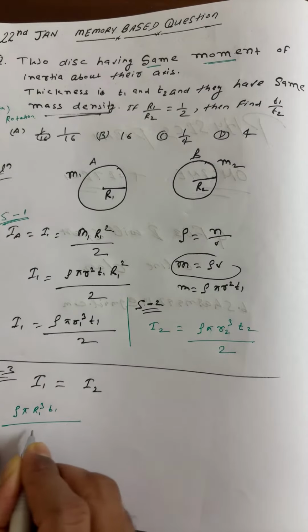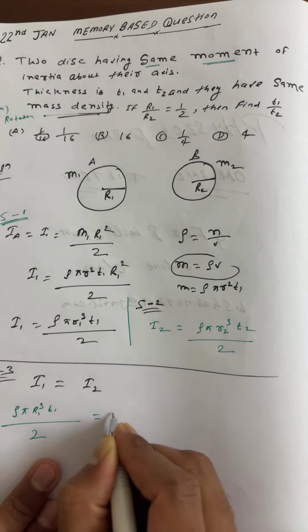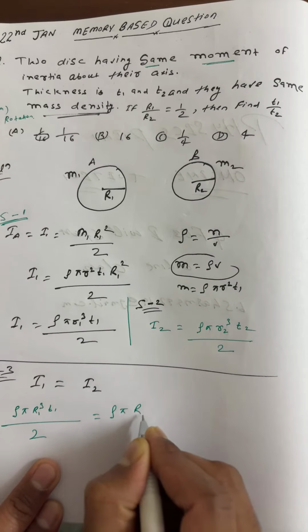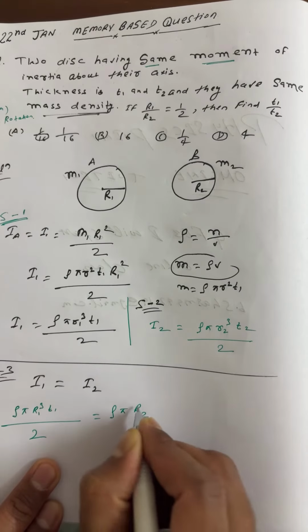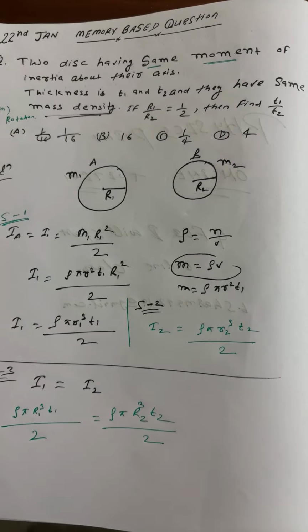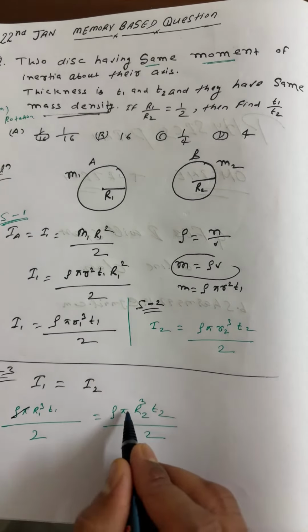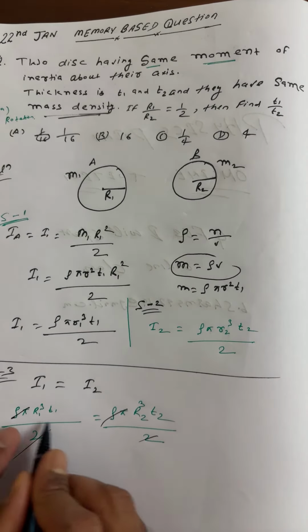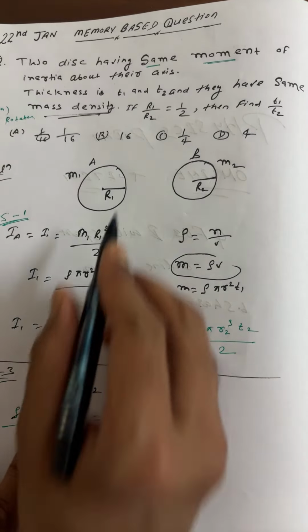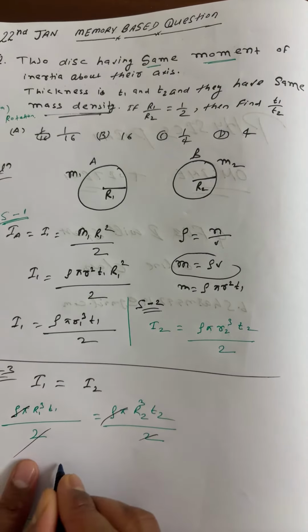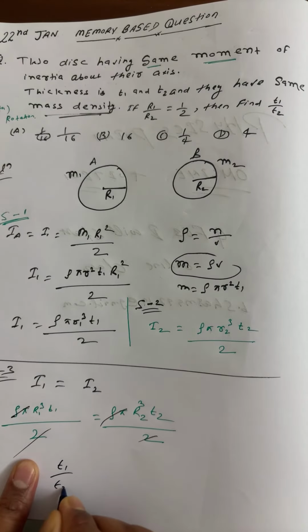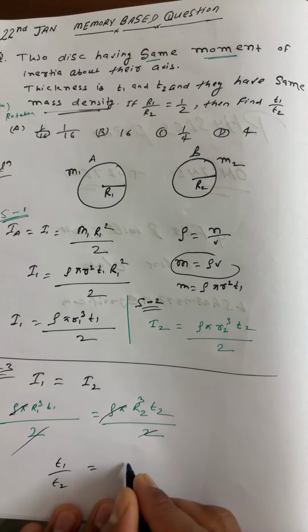This is T1 upon T2 into beta. Rho pi, you can say R2 Q into T2 upon 2. Now students, you can say rho pi cancels beta. We wish to find basically T1 by T2. So you can write, my dear, T1 by T2 is equal to beta times